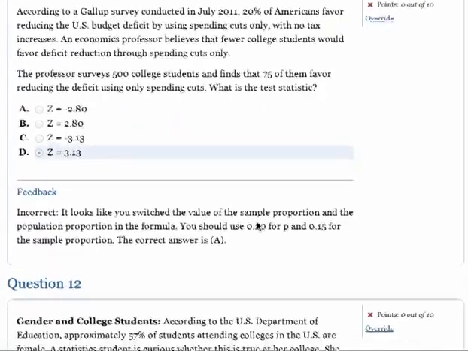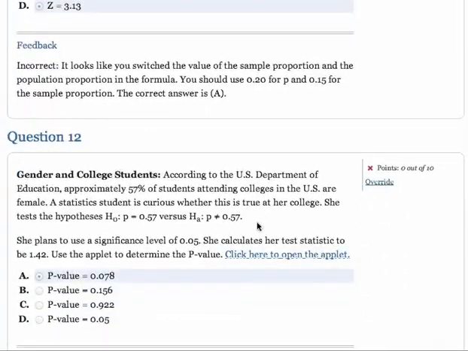Number 12, you had to calculate the p-value. Instead of using the applet, just use your TI calculator. Let's see, we're doing a hypothesis test, and yes, they want the p-value, they gave you the significance level, and they gave you the test statistic. Here's what you did wrong, and I only know this because I've done this a couple of times. This is a two-tail test. So the p-value is actually in two tails. So you probably calculated the p-value in the right tail by using the normal,